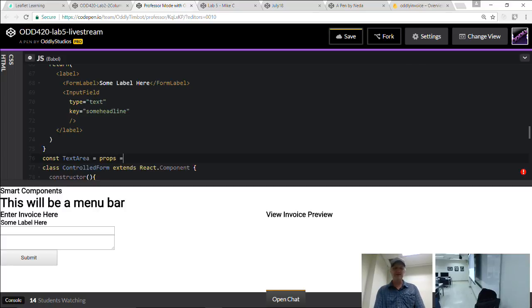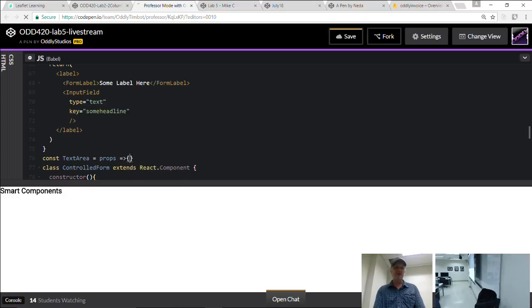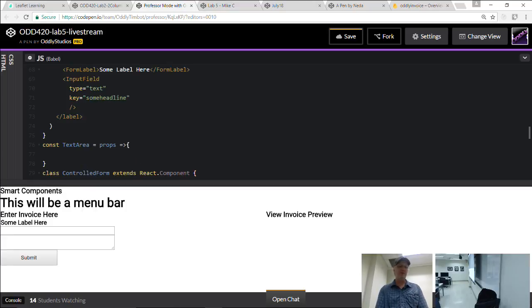Same as always. Now somebody was mentioning, why are we putting the props in there? We're not using them, but where we're headed is we will be using those props shortly. We will use them to pass in a function that should get updated when the person's typing. So pretty shortly, we're going to make some more use of those. But for now, we're just getting our layout in place.